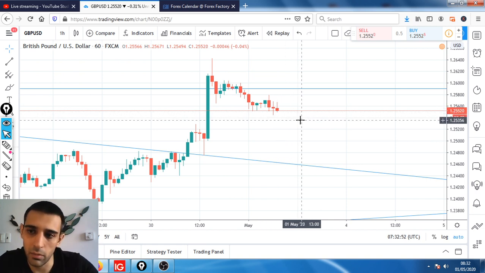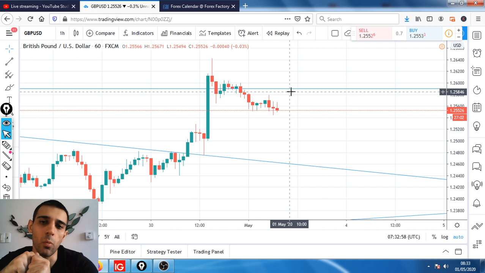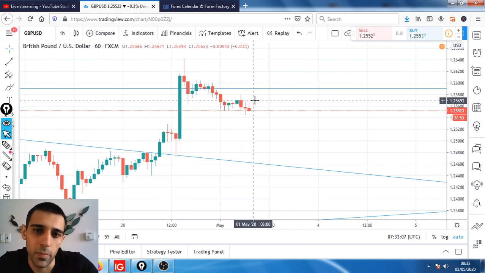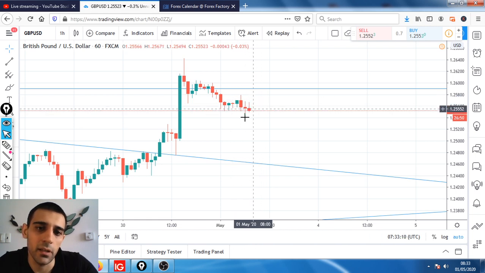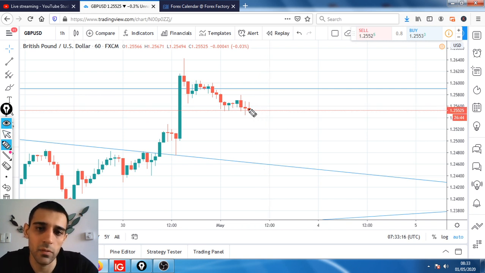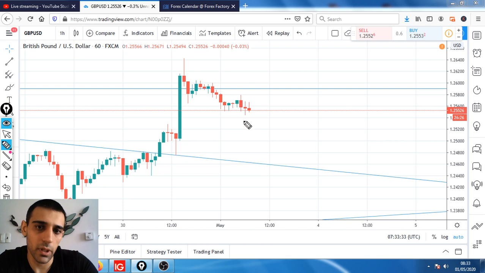So we would be looking at roughly a 15 to 20 pip stop loss. But because it has not worked out yet and it has a good couple of hours before it's going to work out, if it's going to work out, it's a bit difficult to anticipate the more accurate entry and stop loss. As I said, it needs to come up around this level in the next candle or two and then return to these lows down here. It's not going to happen for another 3 or 4 hours. I don't think it's going to happen, so it's going to be on the watch.